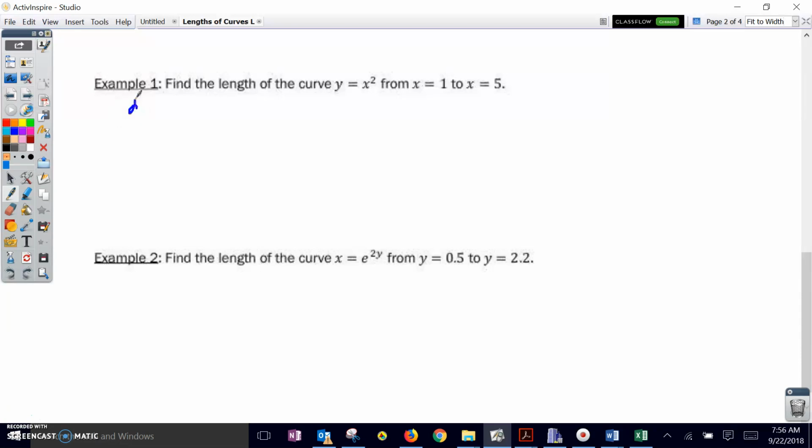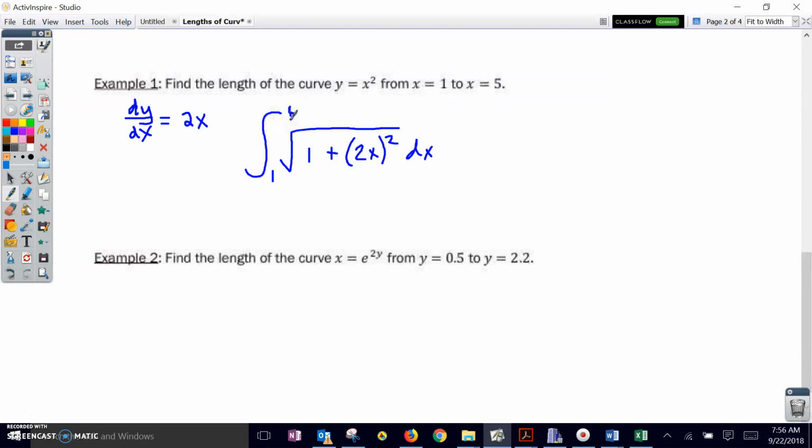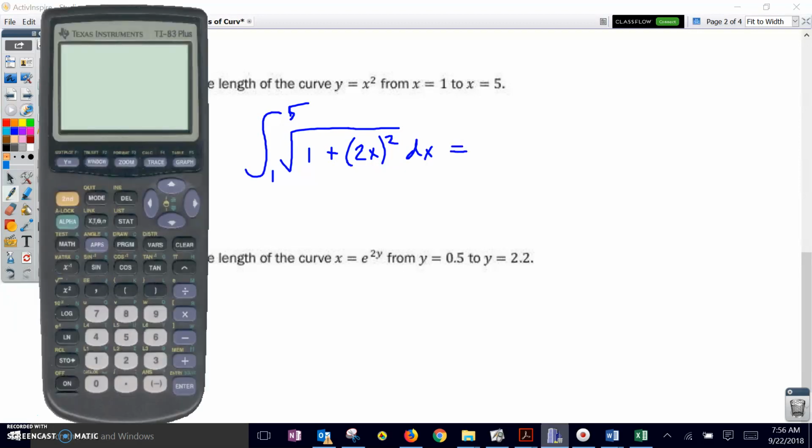We need to find dy dx for the given function. And so in this case, dy dx is equal to 2x. And then our arc length formula is going to be the square root of 1 plus dy dx quantity squared, and we're going to integrate from one end of the curve to the other, so from 1 to 5. And so my arc length here